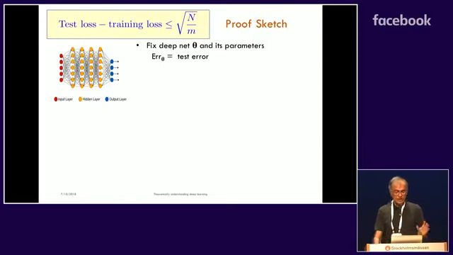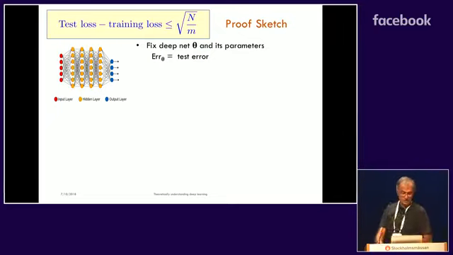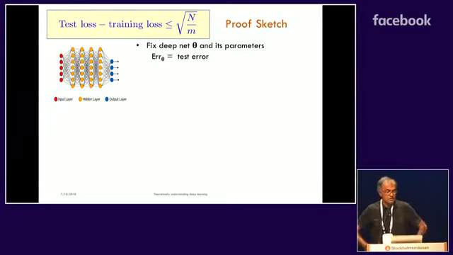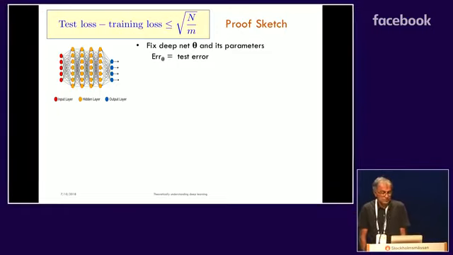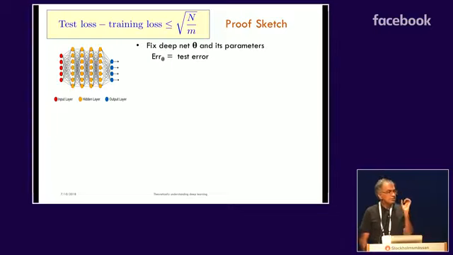Okay, so this slide will also have a proof sketch. In case you've never seen this, it's worth knowing the rough idea of this argument. If you don't understand it, it's not needed for the rest of the talk. So how is this kind of theorem proved? The proof sketch is as follows. Imagine the following thought experiment.